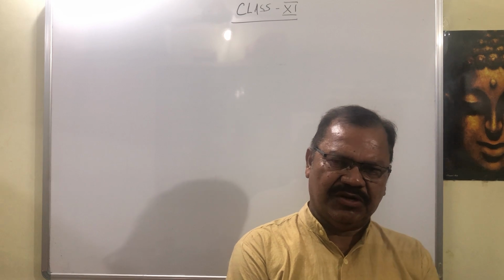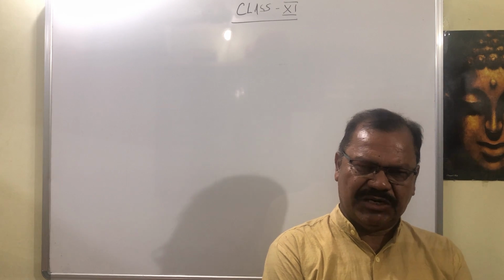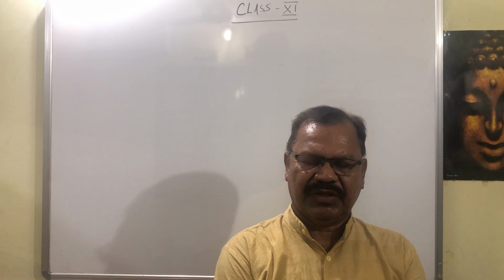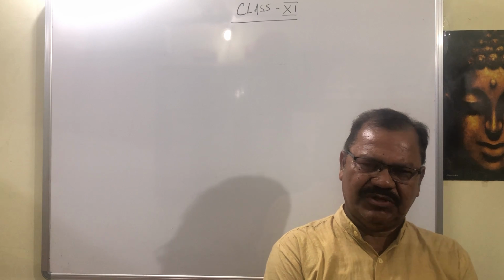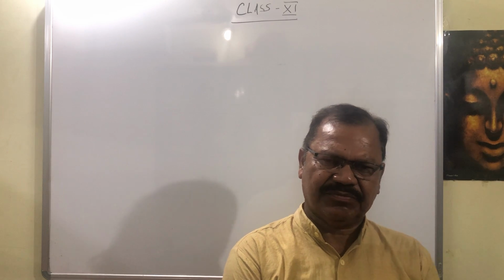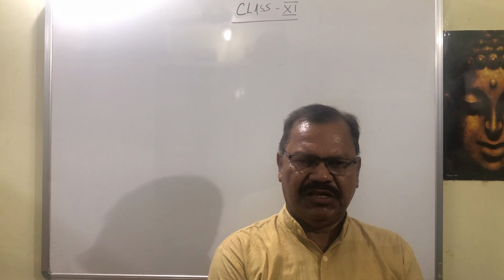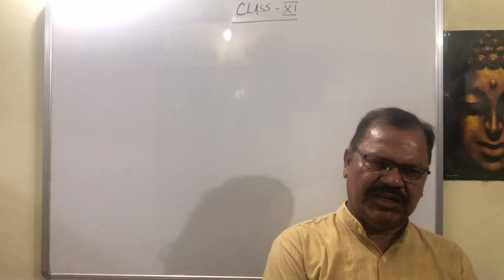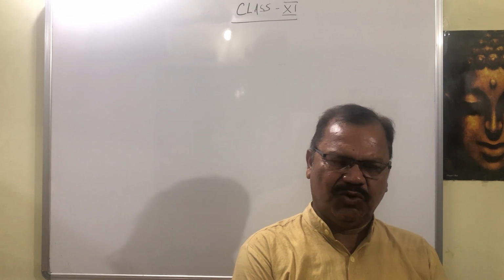It is like a mirror where we want to see our face. So when we see our face in the mirror, we find our image in the mirror. So similarly here, there are two things. First thing is one set, and the second is another set. The first set is known as domain, and the second set is known as codomain. And the set of all images in the codomain of the domain is called the range.